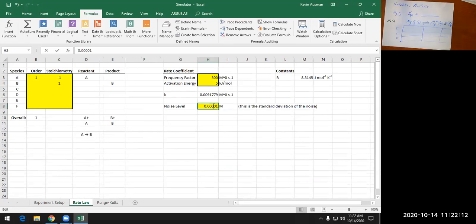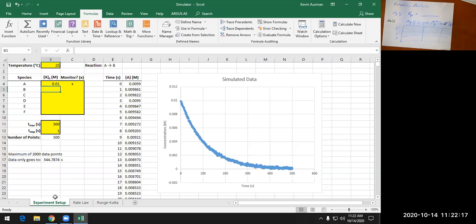But for your practice, you may want to play with it to get it to a point where it has some noticeable noise, but not enough that it's going to interfere with the calculations you're doing. Okay, so